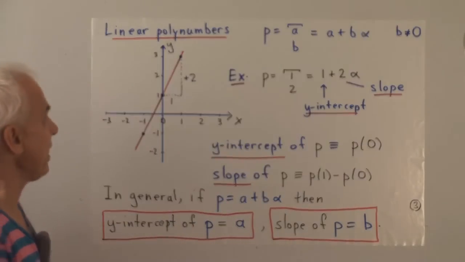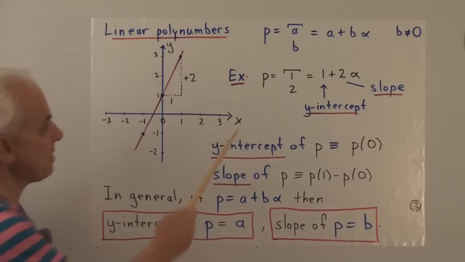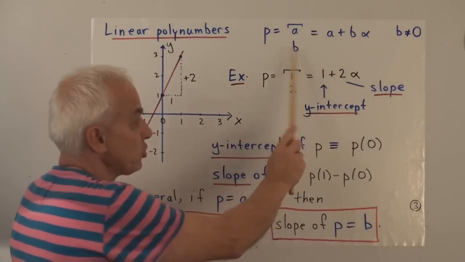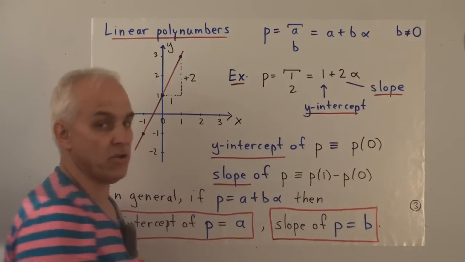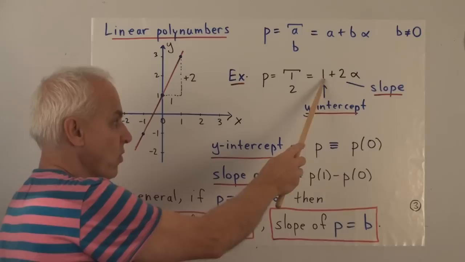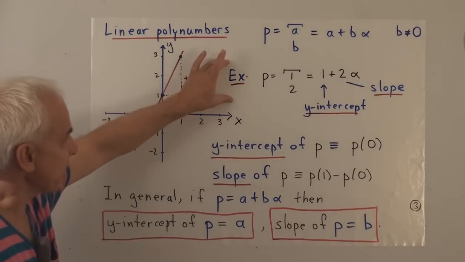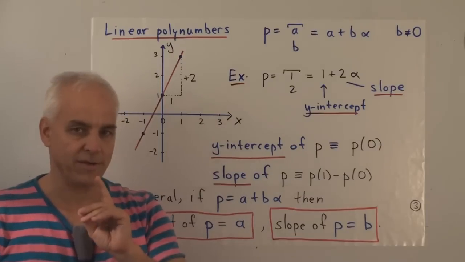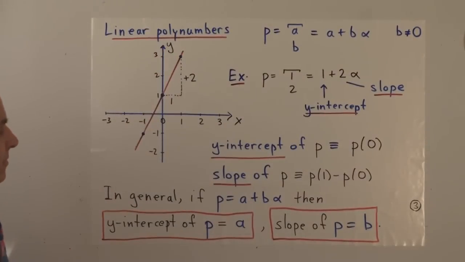So when we go up one level to degree 1 polynumbers, we have a bigger story. There's more to say. We're talking now about linear polynumbers, which are general lines. So the typical one is something like A, B, in standard alpha form A plus B alpha. And to ensure that the degree really is 1, this constant B had better be non-zero. So for example, 1, 2, which in standard alpha form is 1 plus 2 alpha, that's a linear polynumber. And such an object represents a line, but not quite every line. But most lines are linear polynumbers of this kind.